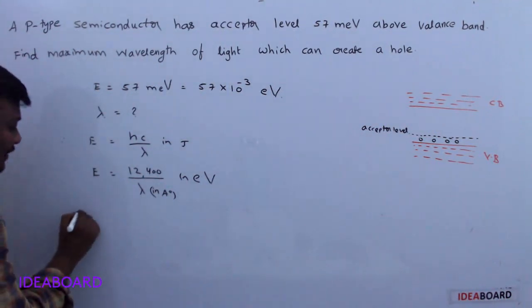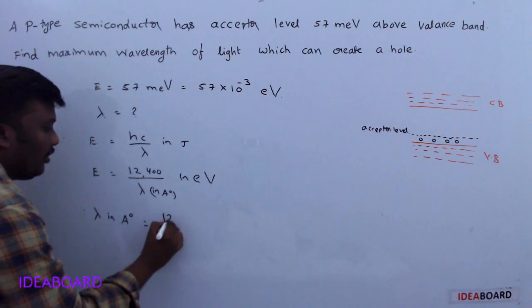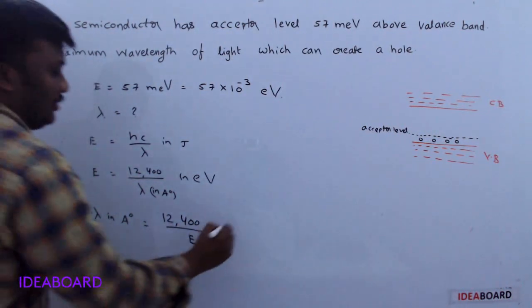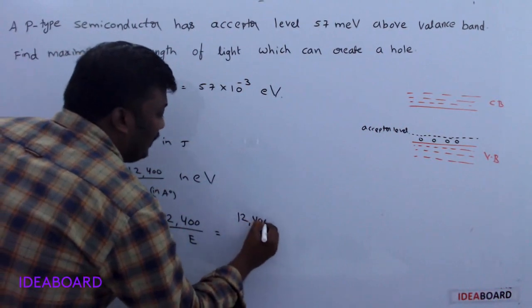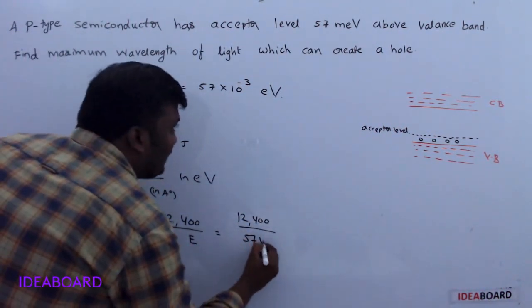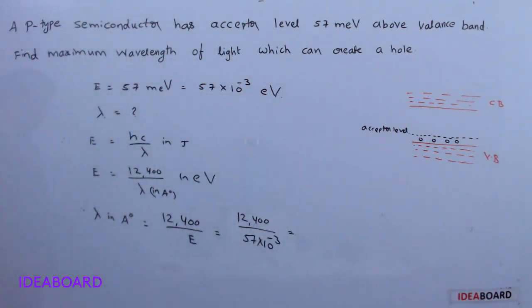So what is the value of lambda in angstroms? 12,400 by E. So 12,400 by the value of E given, 57 into 10 power minus 3. Now if you substitute the values, then we get